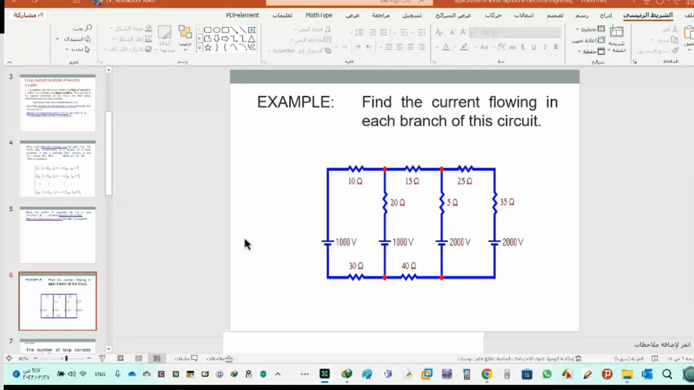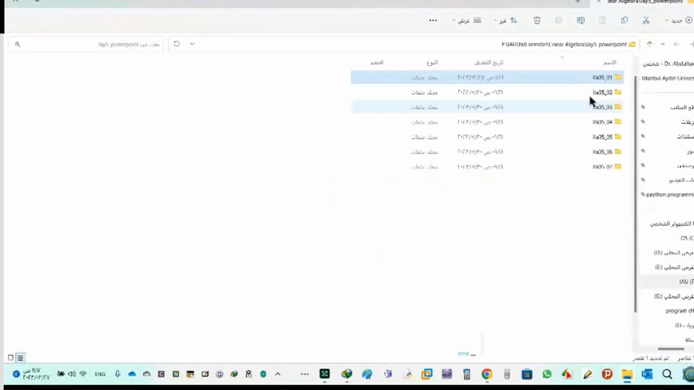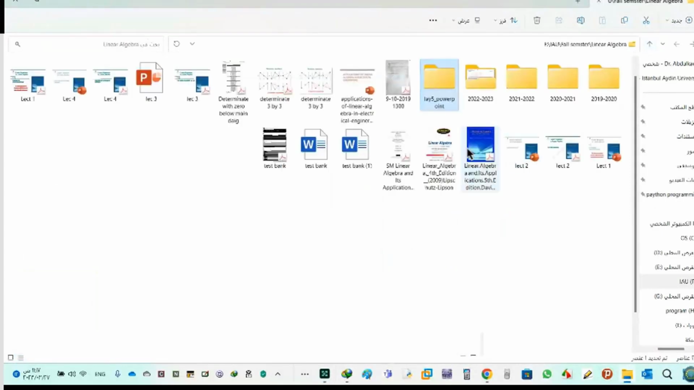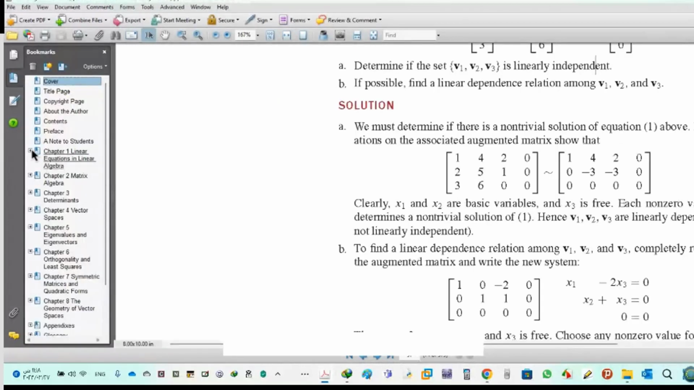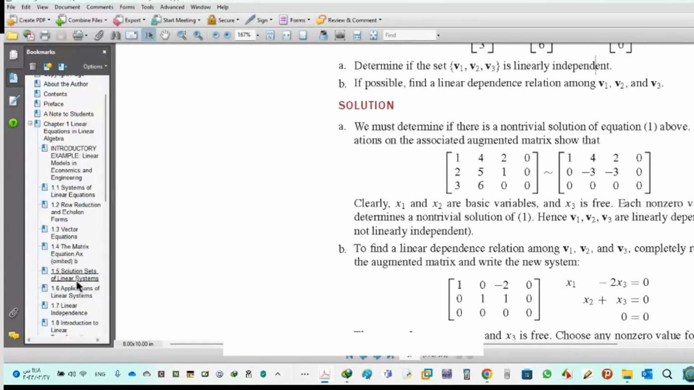Yeah, today we'll talk about two things. First one is how we can use linear algebra for solving some examples. This is in your book, chapter number 1. It is application